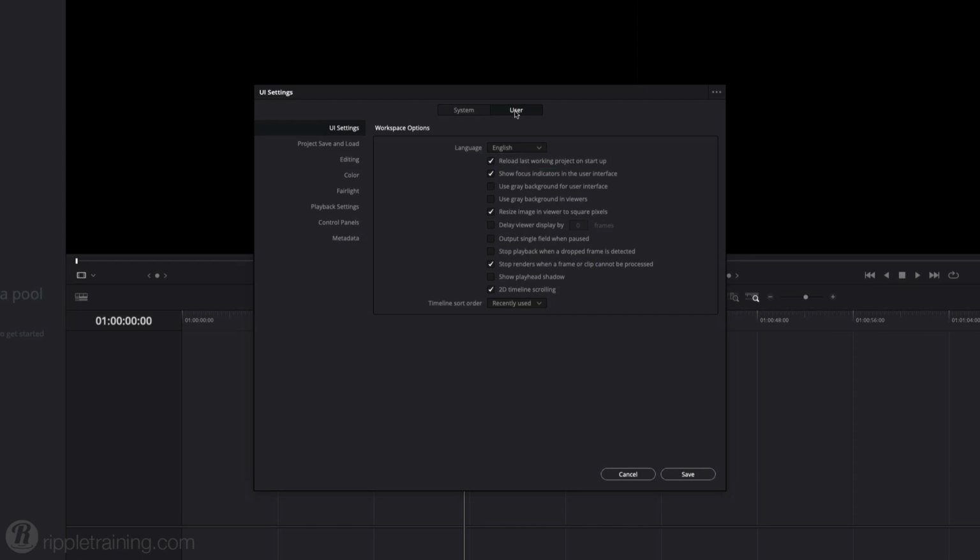This is pretty self-explanatory, but tends to be pretty convenient if your workflow doesn't involve working on several projects at the same time. The next one is Show Focus Indicators in the user interface. This one is pretty important because Resolve will present an orange bar over the top of the interface panel that is currently in focus. This is important because you might be attempting to use a keyboard command that only works